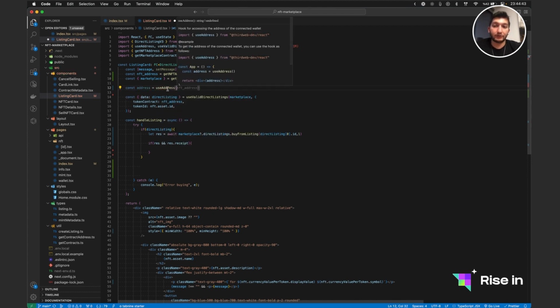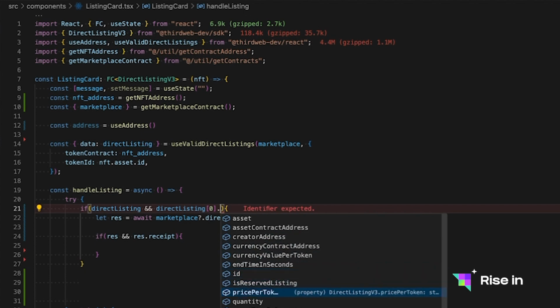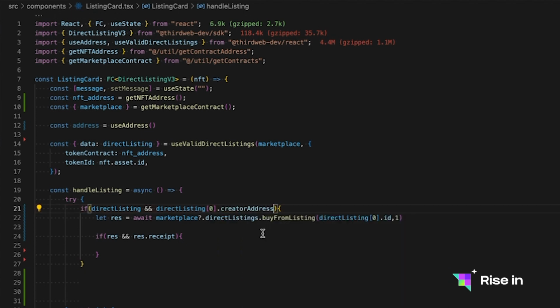So this is going to return us the address of the connected wallet. And we are going to check if this direct listing is 0, the first one, that's creator. This creator address is the address of who listed this listing, and it shouldn't be equal to our own address. And in case it is,